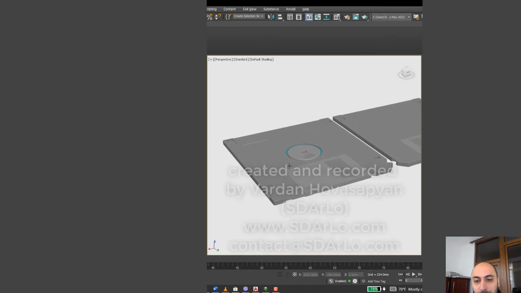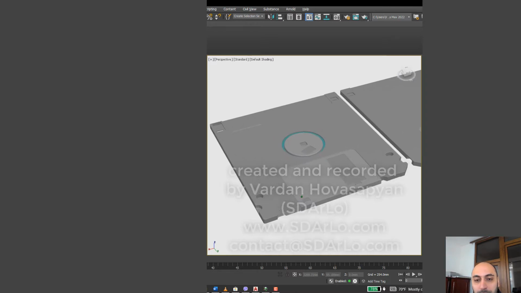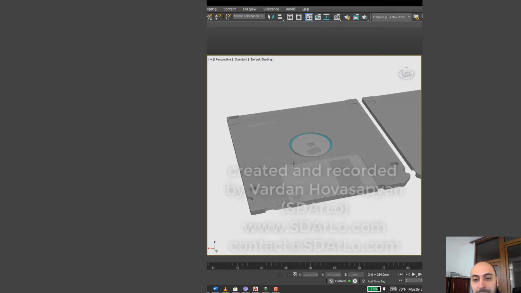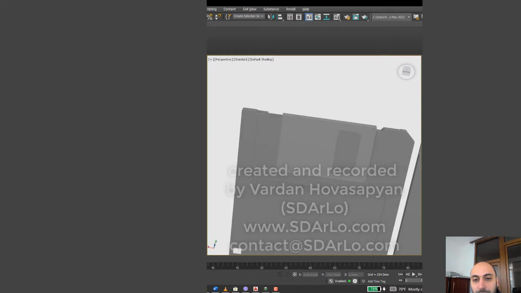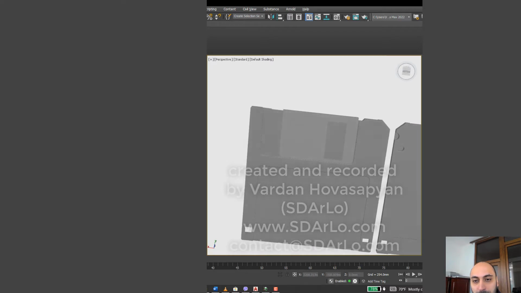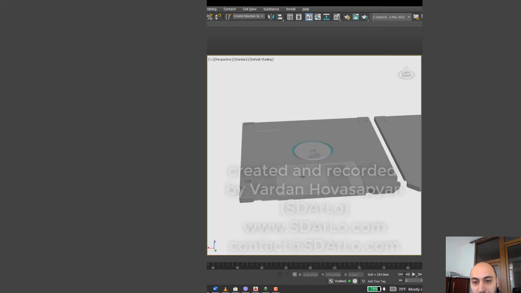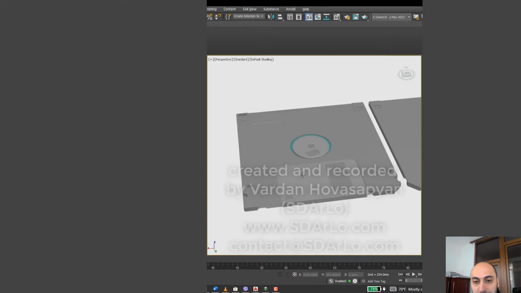So, starting from the beginning, I decided to directly mention this important statement: without SDArLo AI integration, without the help of SDArLo AI, I never would have been able to complete this work, this modeling. This is a floppy disk,